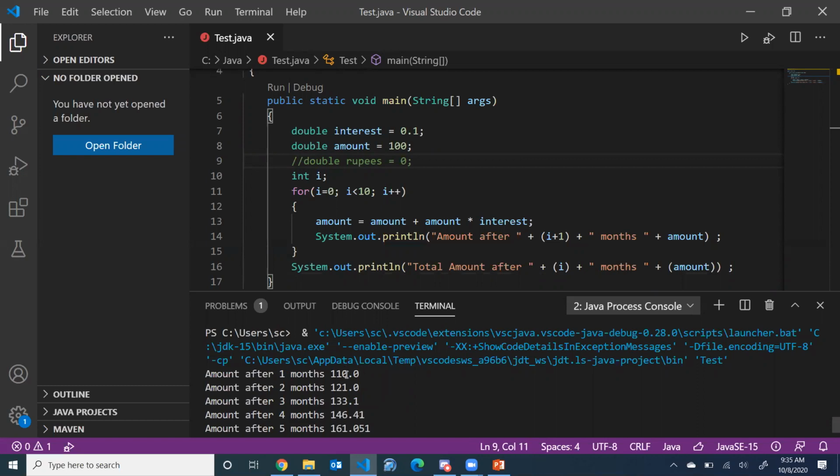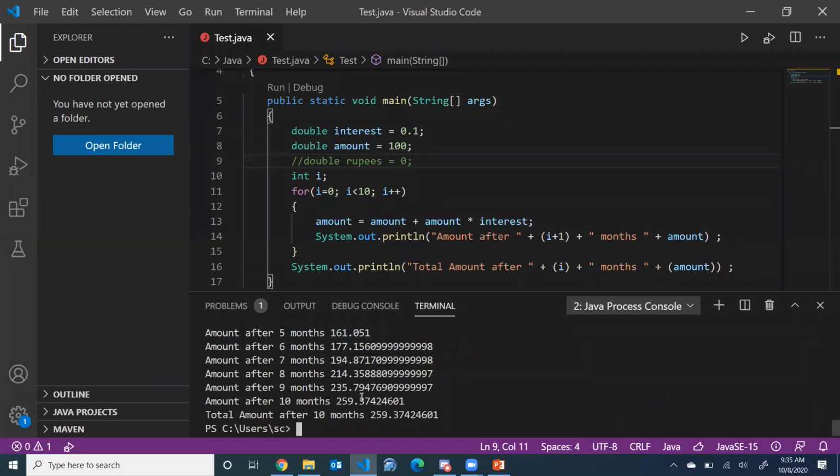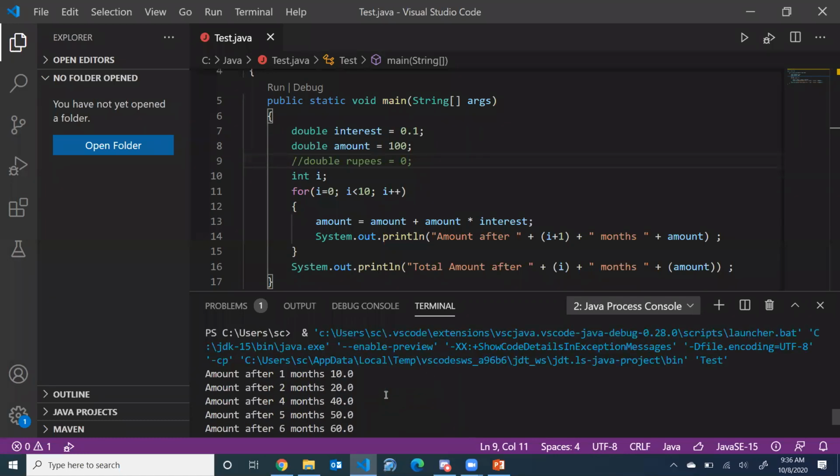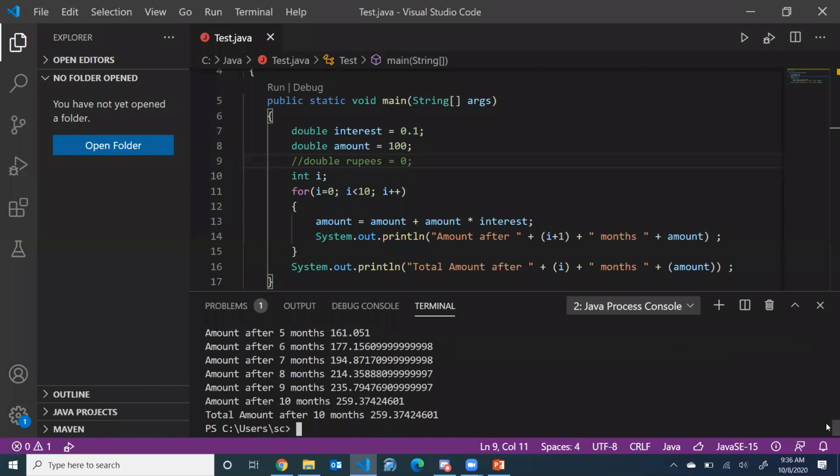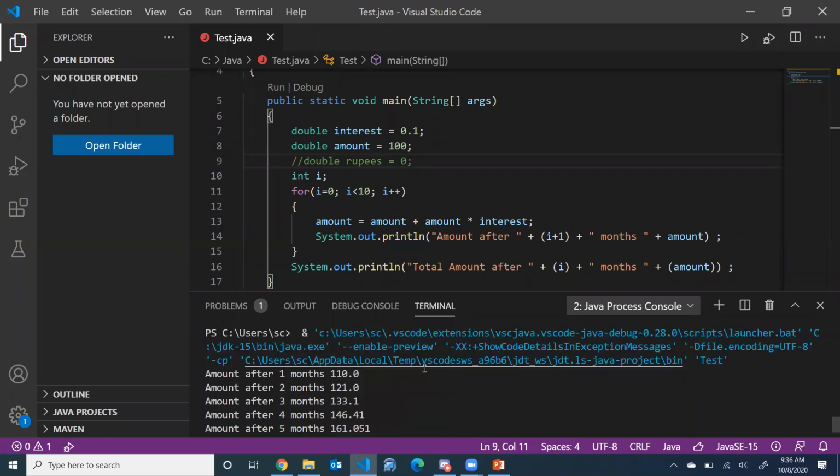ठीक है, तो इसका मतलब ये है कि जब आपका एक महीना खत्म होगा तो चूंकि मैंने आपको 10 रुपए लौटा दिए हैं, तो आगे जो इंटरेस्ट है वो 110 रुपए के ऊपर लगेगा, फिर 121 के ऊपर लगेगा, 133 के ऊपर लगेगा, ऐसे ही बढ़ना शुरू होगा। तो आप देखें किस तरह इसके अंदर एकदम से ग्रोथ शुरू हो जाती है। ठीक है, तो 10 महीने में जहाँ आपके पास 200 रुपए बनते थे वहां यहाँ 259 रुपीज बनेंगे। ठीक है, तो इस वजह से बेचारे जो गरीब लोग, किसान वगैरह होते थे, उन पे ये चालाकी से कंपाउंड इंटरेस्ट लगा देते थे। वो बेचारे इसी को पे कर करके